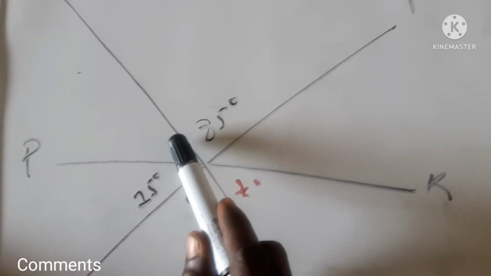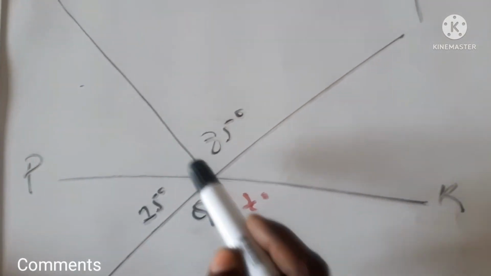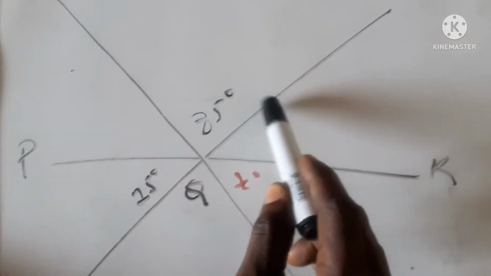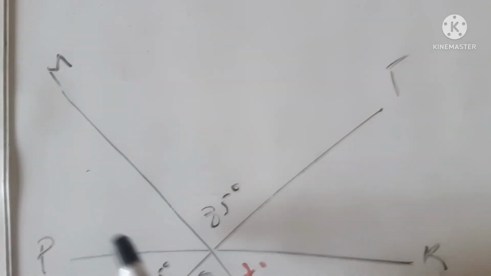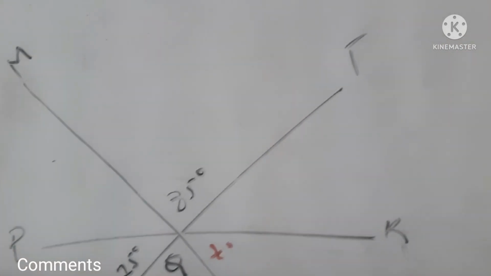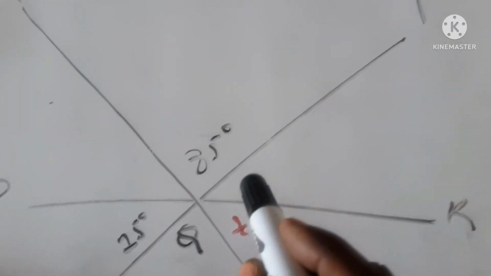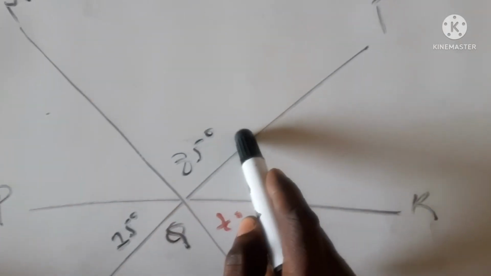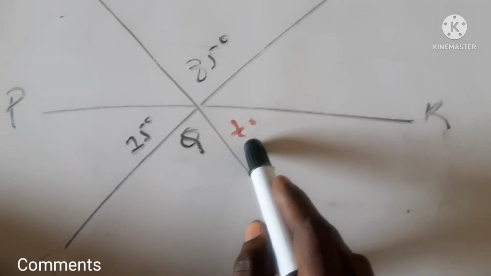And then the angle they are forming here, let's say this is the intersection, the joint of these two roads. There's one road here and another road here. This is where they join. The angle they are forming here is 85, so maybe that angle can be MQT. Remember that we use 3 letters to determine an angle. The letter in the middle is exactly where the angle is formed. So if you have MQT, this is the angle. Here is 85, here was 25, and this value is